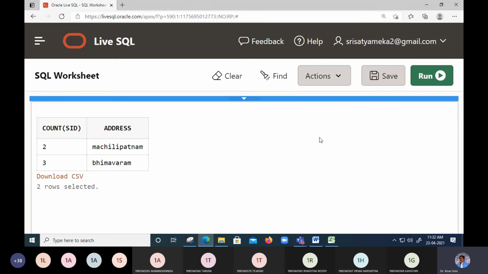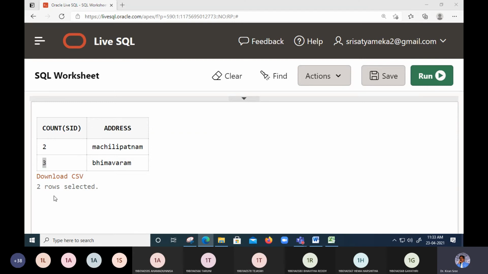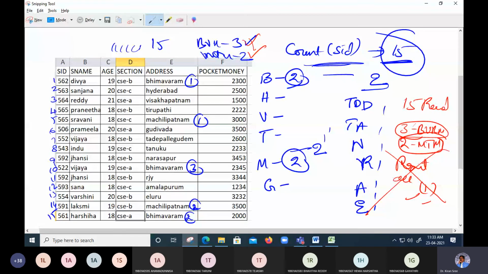Now you can see the answer. There are 2 records from Machilipatnam and there are 3 records from Bhimavaram. So this is the answer, right? How many records are there in total? In total we have 15 records. Of these 15 records, 3 are from Bhimavaram and 2 are from Machilipatnam. Our condition was,